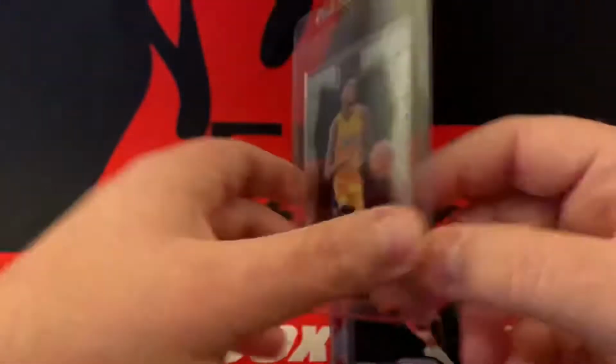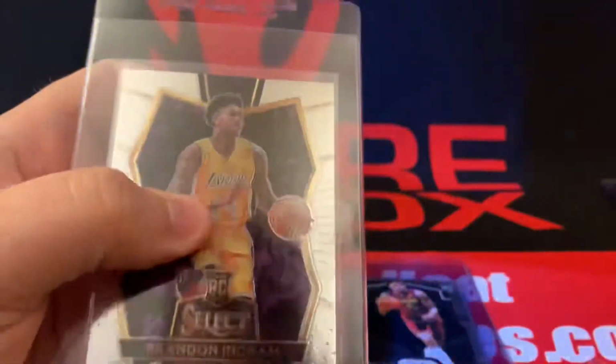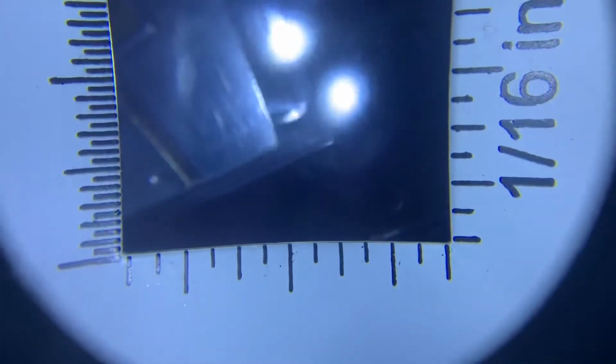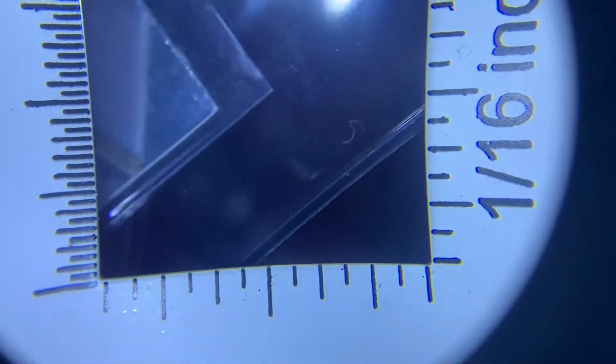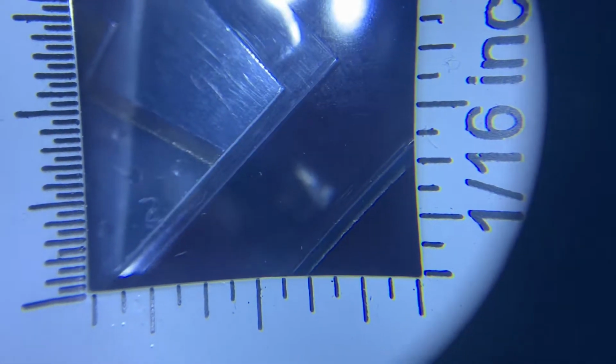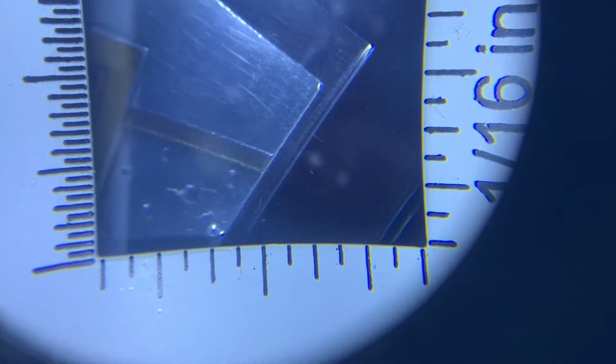This one, Brandon Ingram Select RC from 2016-17. So these are thicker chrome cards. It does not have the best corners. And let's see if I can show it here. They're not dinged, okay? But when they were cut, okay, there you can see it. When it was cut,